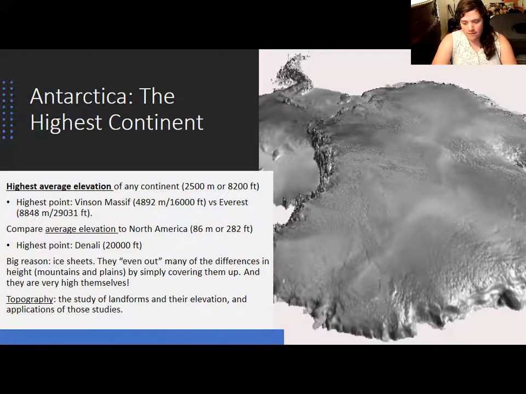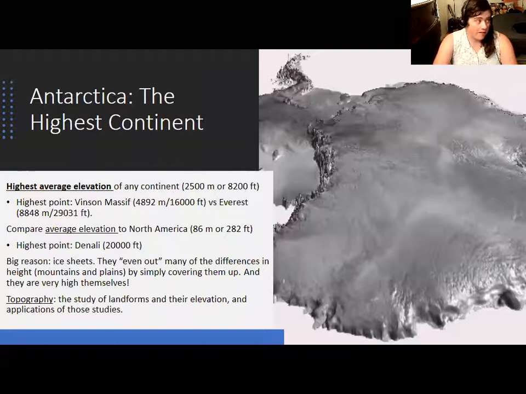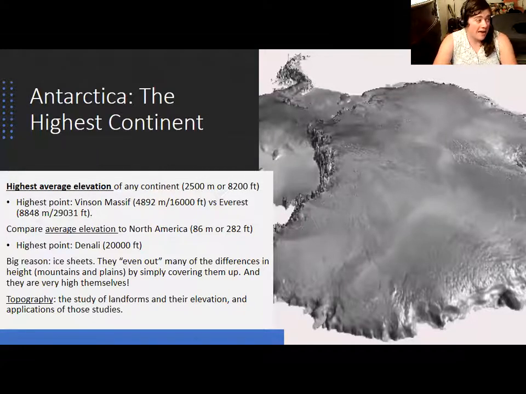If you look at this map of Antarctica, it's kind of smooth looking. It looks like you're looking at this ice dome. And you can see mountains sticking out in a few places, but the ice sheets are covering the mountains. The East Antarctic ice sheet, which is what you're looking at here, is covering the mountains and valleys and kind of averaging everything out. You don't really have a lot of valleys visible here. And what that means is that the average height is really high.